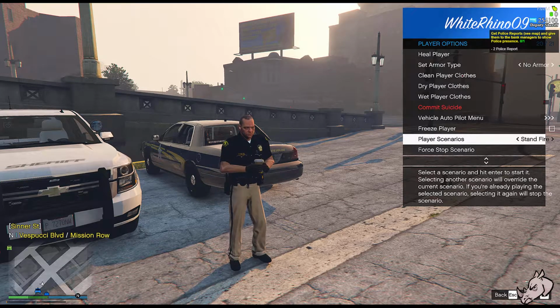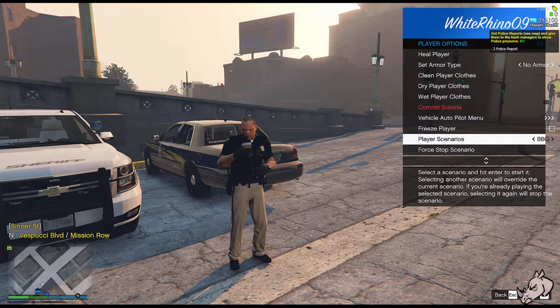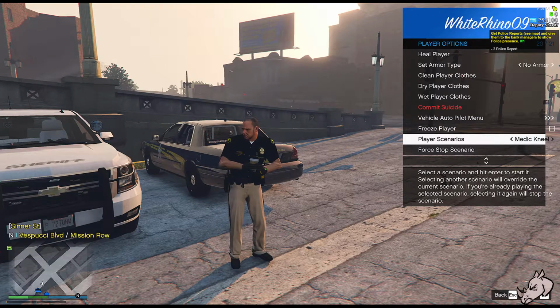You can see there's a bunch of different varieties here. This menu has pretty much all of them. There is another menu that I'm going to show you guys that has a few of the basics, but you can see we have a really nice amount in here that you can select through. And if I go through here,